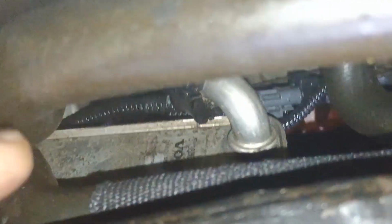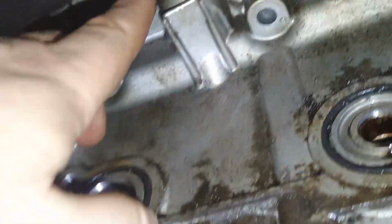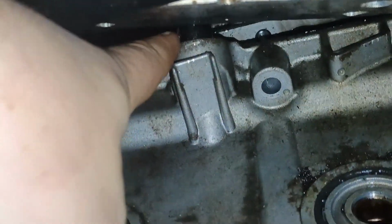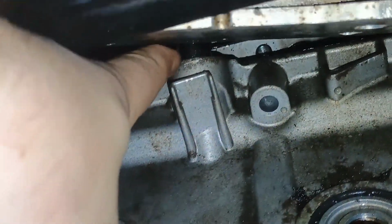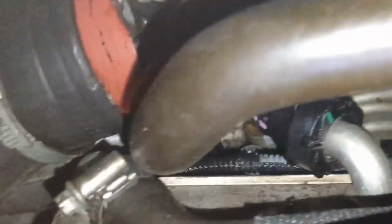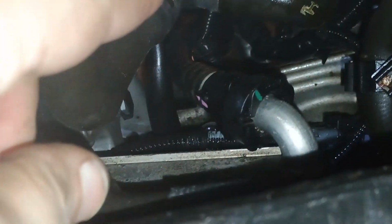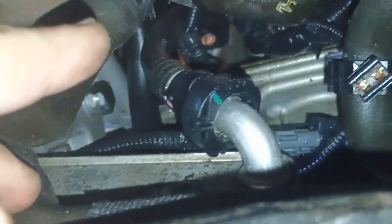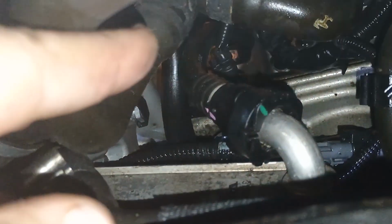Okay, this oil cooler does not allow you to release this pipe, this one, which used to be used for the oil probe, but it's currently just a plastic plug, so you can't remove it. We have to completely remove, unfortunately, the heat exchanger, right? It's not a big deal. We're just undoing these two clips and it should be removed,